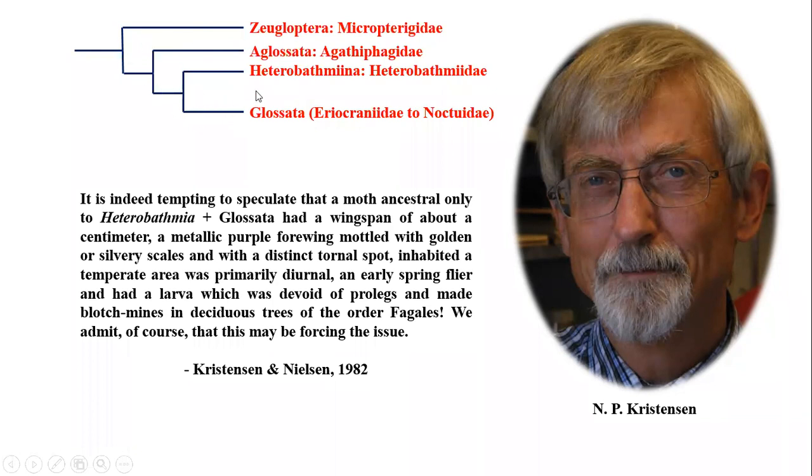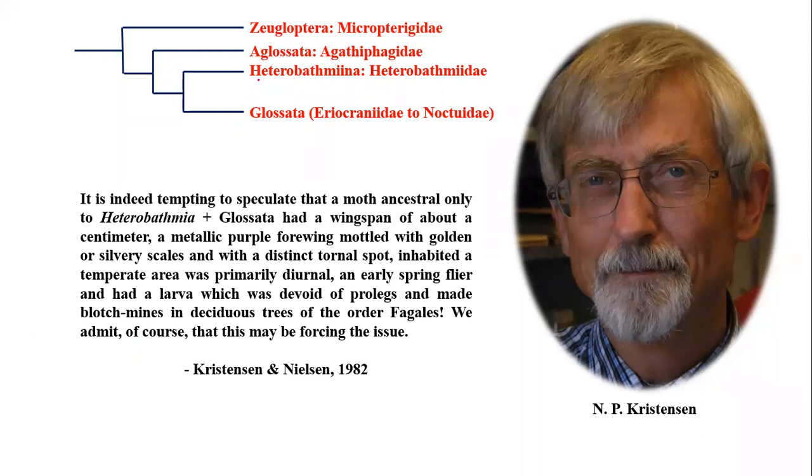here a very simplified phylogenetic tree of major groups of Lepidopterans. The order Lepidoptera is divided into four suborders or four groups, which are Zeugloptera, Aglossata, Heterobathmiina, and Glossata respectively. While Niels Peter Christensen and his colleague Nielsen